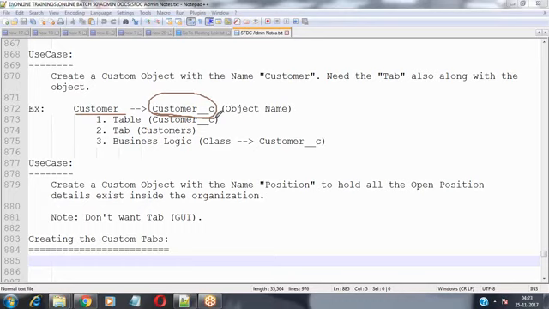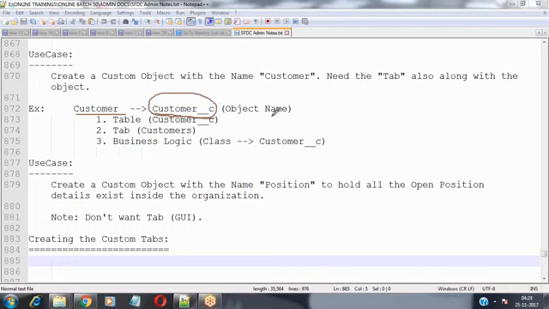So upon creating an object with the name customer, it will create an object with the name customer__c. Now __c represents this is a custom object. If it is a custom object, then we can customize it in future, and if this object is not required for you in future, then we can remove this custom object from the organization also. That flexibility is available to you.